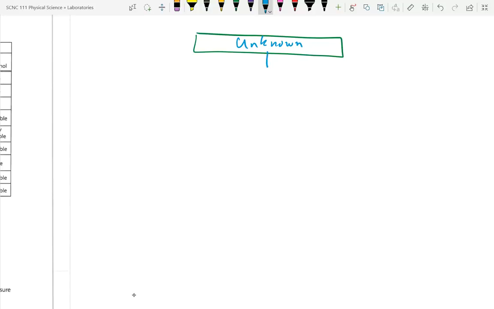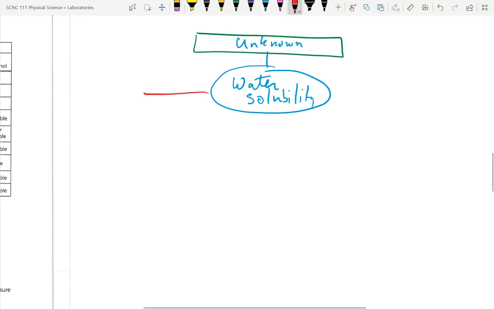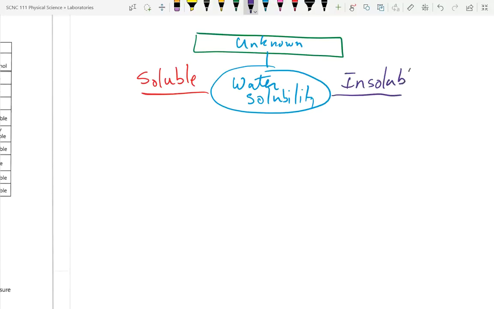And the first test I'm going to do, and I'm going to go ahead and make this, so I put water solubility. Now, there's really 2 outcomes that we're looking for. Either it's soluble or it's insoluble. If you look in your lab guide, at least if your lab guide's the same as mine, there's